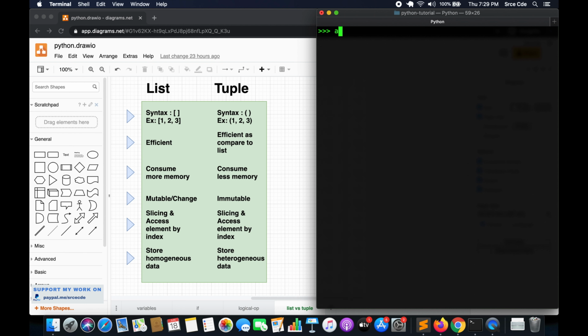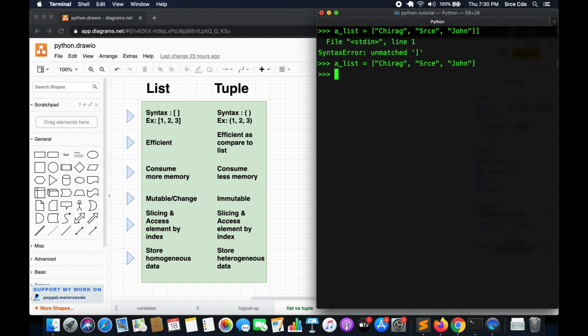Now if I say a_list equal to a list of names, I can say Chirag, or something like that. We can say a_list is holding homogeneous data because it's a similar type of data: it consists of the first names of people.